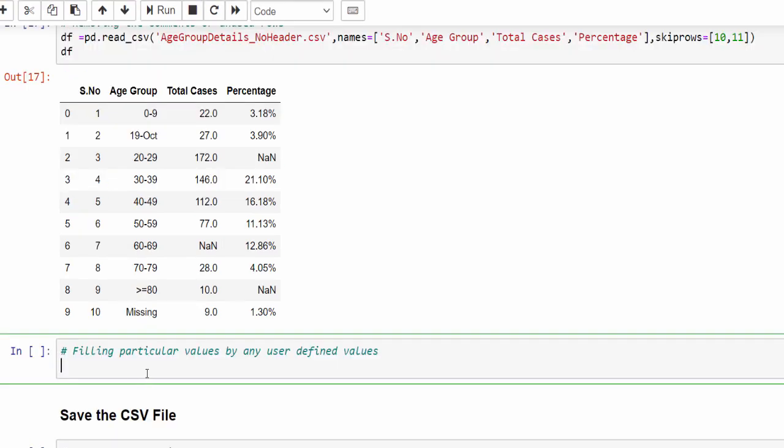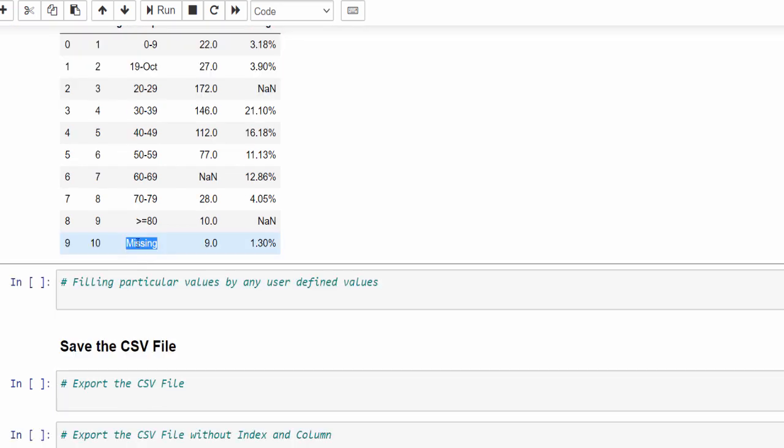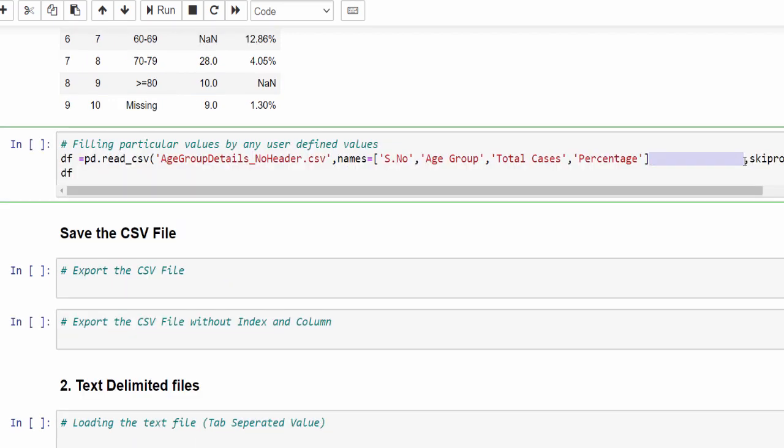And the next very important argument is filling a particular value. I want to display NaN instead of this 19th October, which is totally wrong, right? I don't want this to display. Instead of that, it should be NaN or something like that. Same code I'm using.